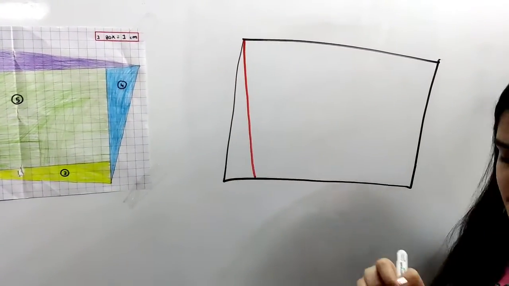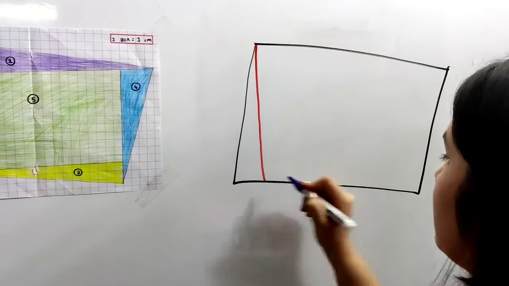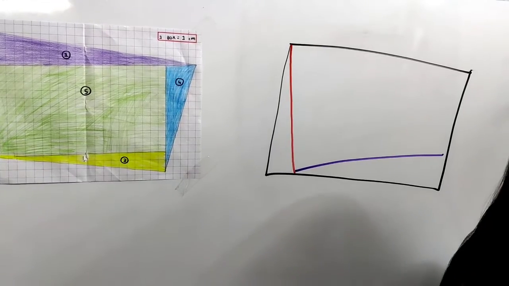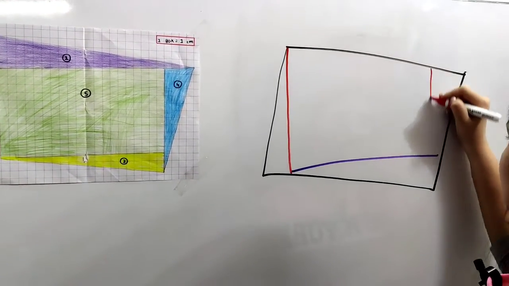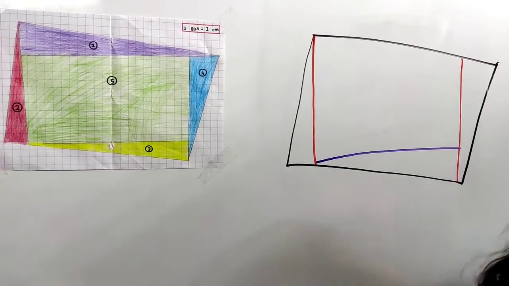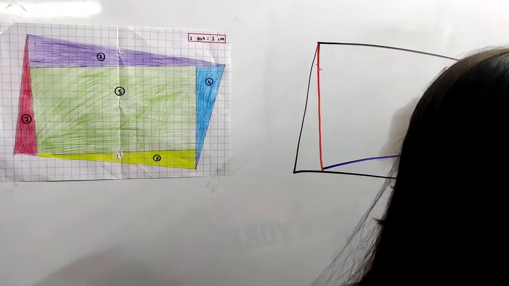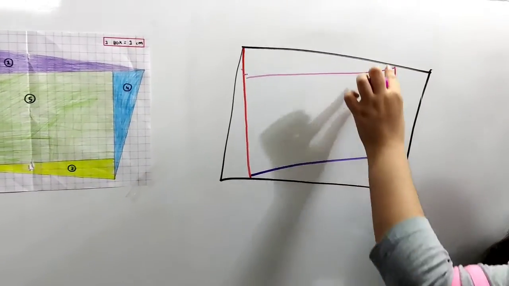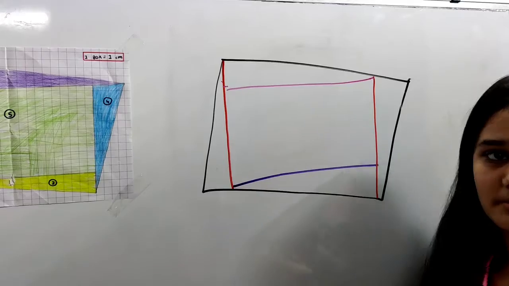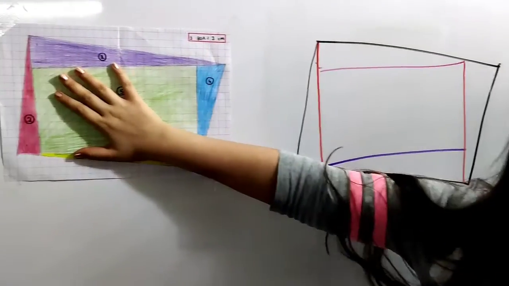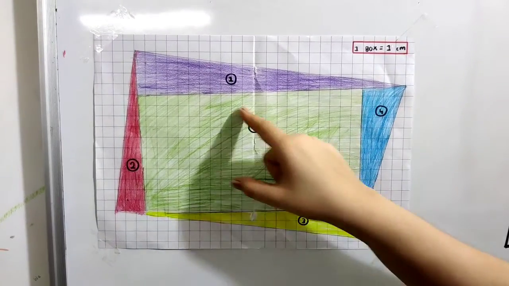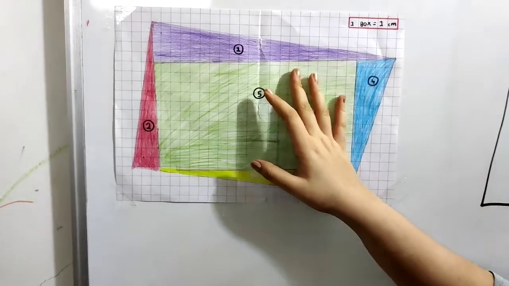So one is this part. Then we have this part. We have this part. And this part. You can see that these 4 are the triangles and I have made a red triangle in the middle of this. To be more clear, you can see over here that 1, 2, 3 and 4 are the red triangles and the 5th is the big red triangle.